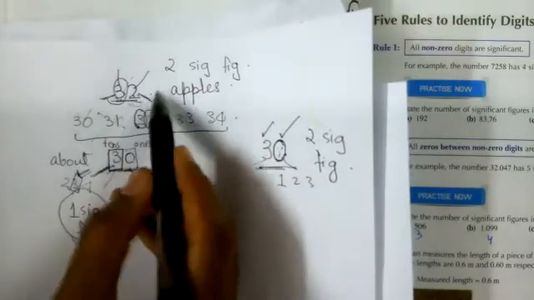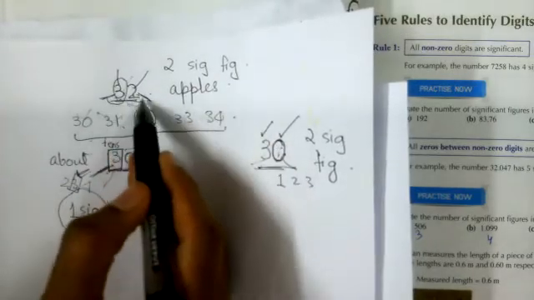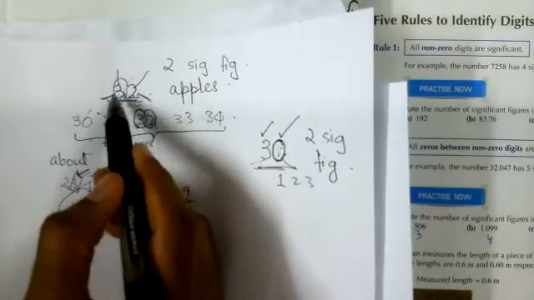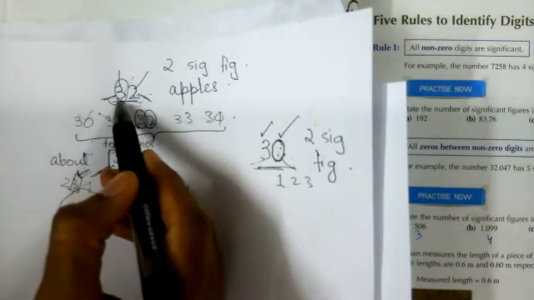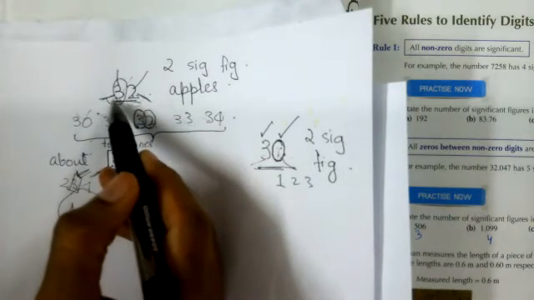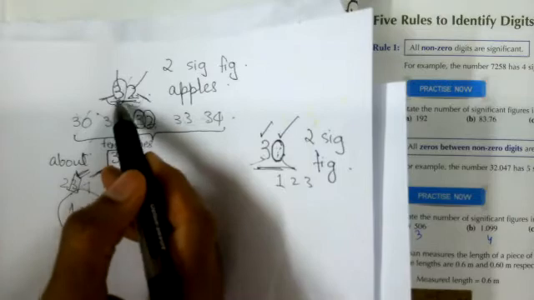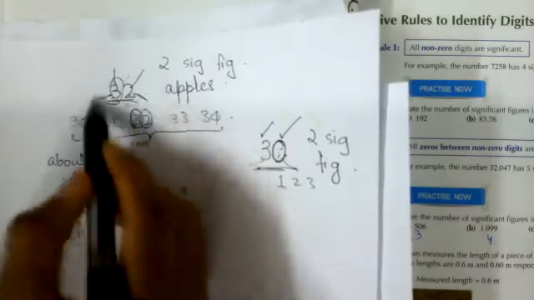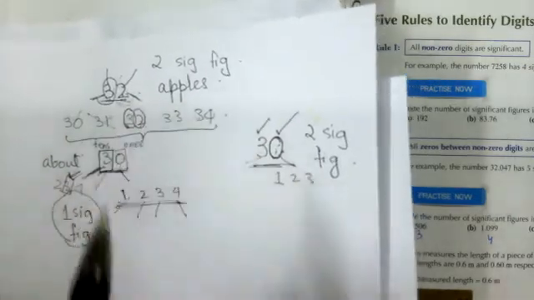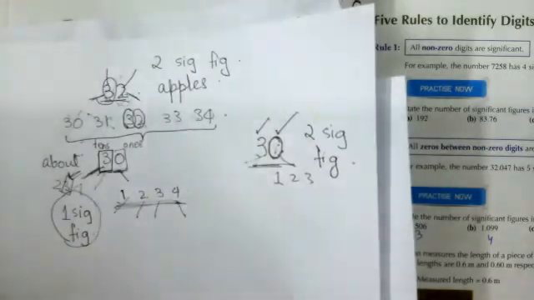Though both are significant, if I'm sure about both of them, they are going to be significant. But this is more significant, okay? Because we are more sure about this usually. And this is also contributing more towards the overall value of the number. So also remember that. Okay, so once we understand that,